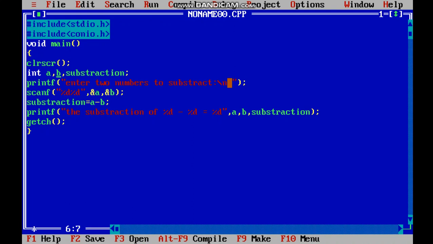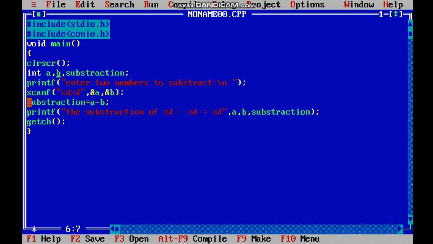If I use printf again, then it will give me the answer in the next line. That's why I used this backslash n at the last. Means this is in the first line and this will be in the second line. So whatever printf will use will give us in the second line now.